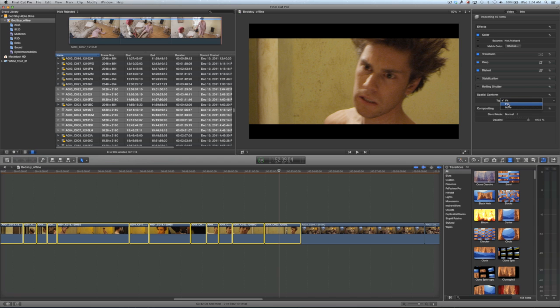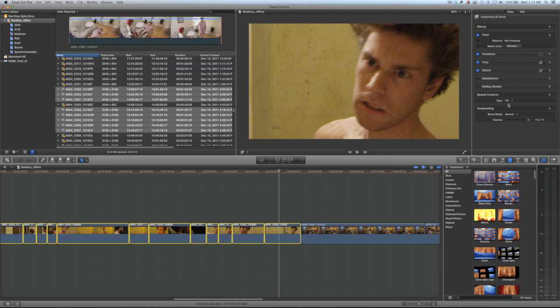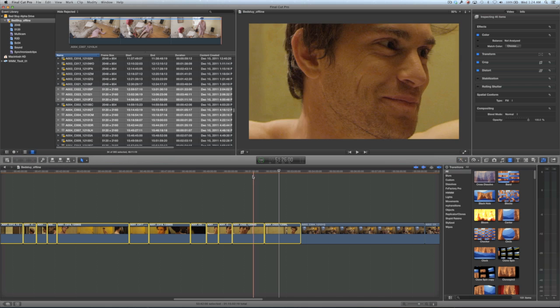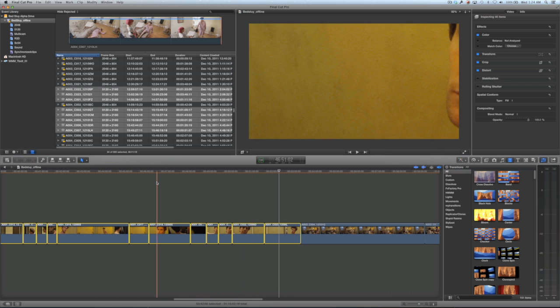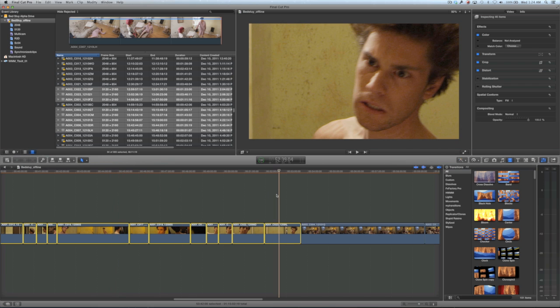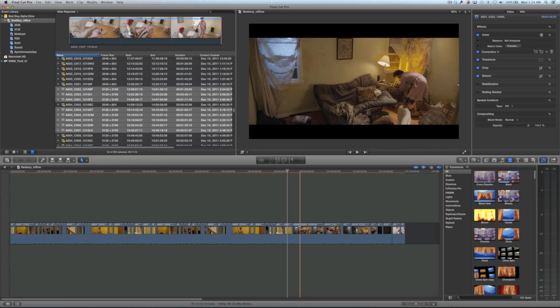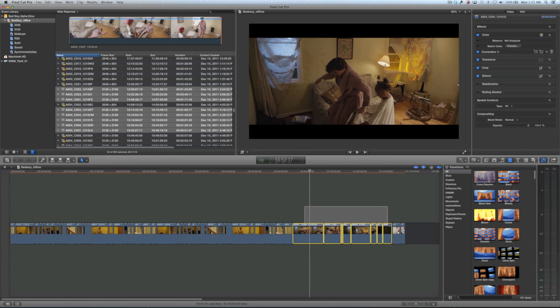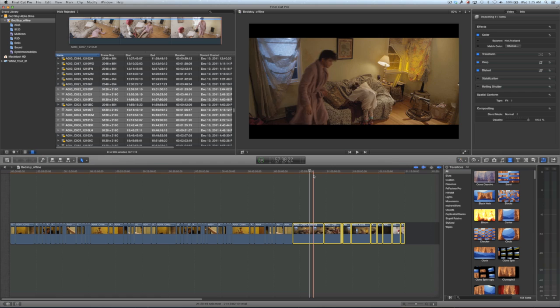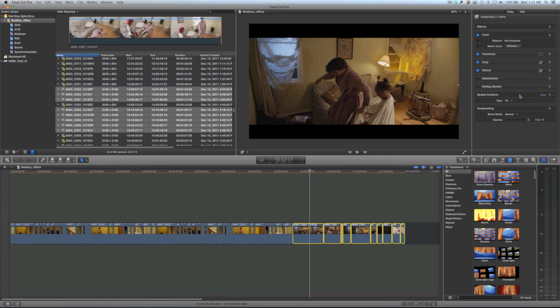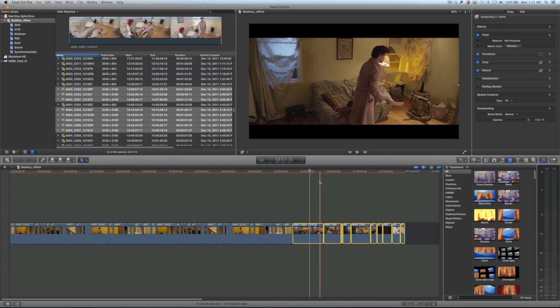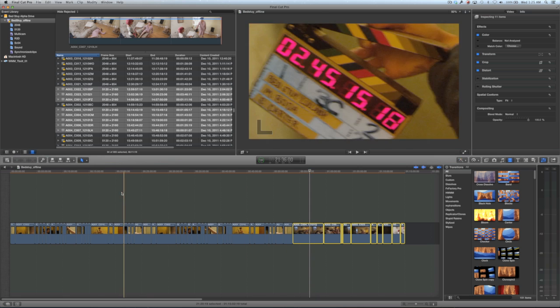Now, one thing you can do is apply spatial conform settings to multiple clips in the timeline at the same time. I just set these to fill, and as you can see in all of these clips now, there are no black bars that would show the different aspect ratio that the footage was shot at. So this is now a full frame 16:9 timeline that I'm working with. And this ability to group select and then quickly modify any of the raw settings, whether it's spatial conform, transform, raw, any of that stuff, is a huge time saver as you go through your edit with your red footage